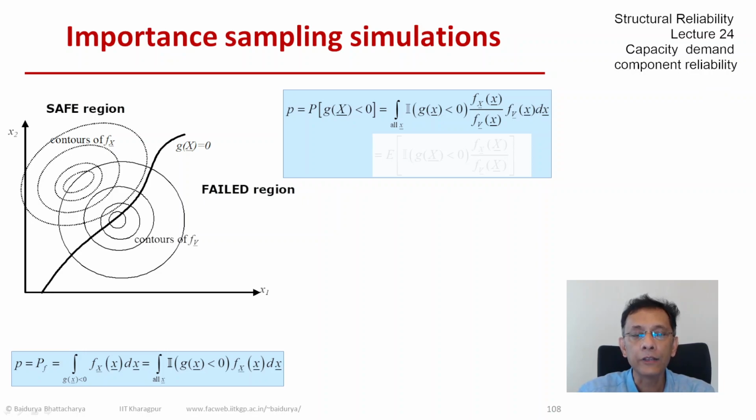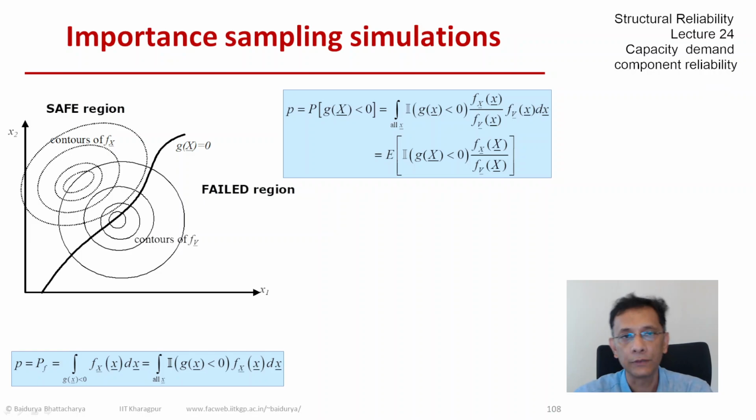It could be interpreted as the expectation of a larger expression, the indicator function multiplied by the ratio of fX over fV, and then the expectation in that case is being taken with respect to the density function fV, no longer with density function fX. As long as we remember this, there is no confusion, but this is a completely different way of looking at the same problem. Now we are sampling from the new density function fV,